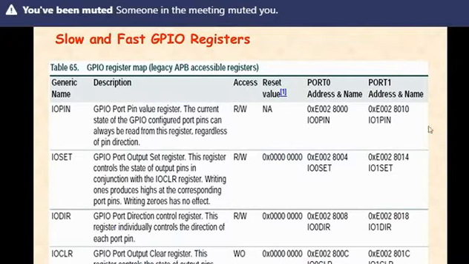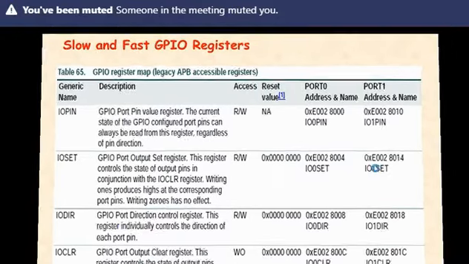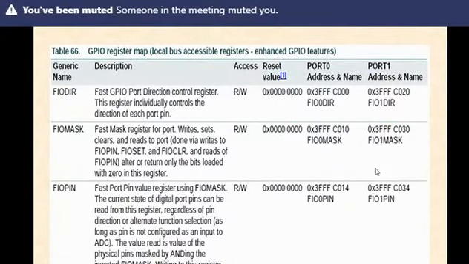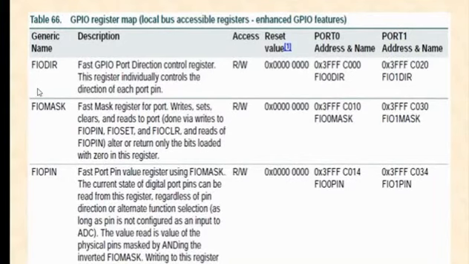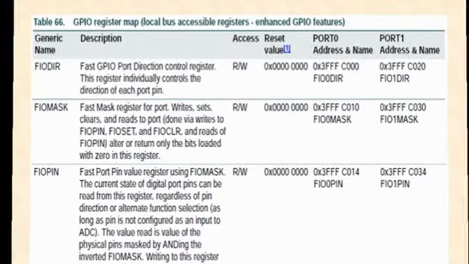So these are the registers for the fast, enhanced GPIO features. FIODIR is the same as before, the only thing is that it is used for fast operation, or this register is directly near the ARM processor. The same function is there. Okay.